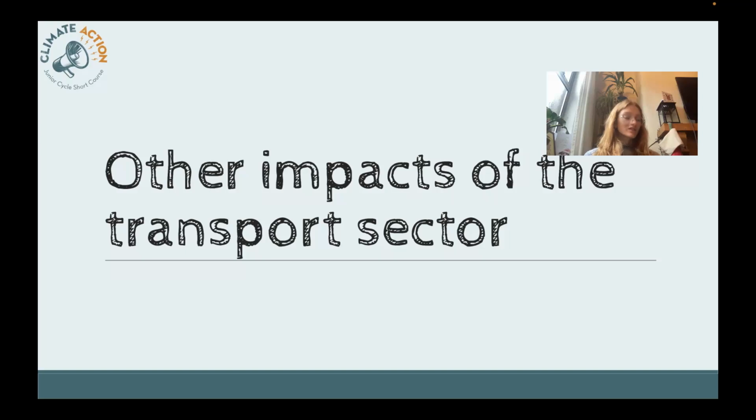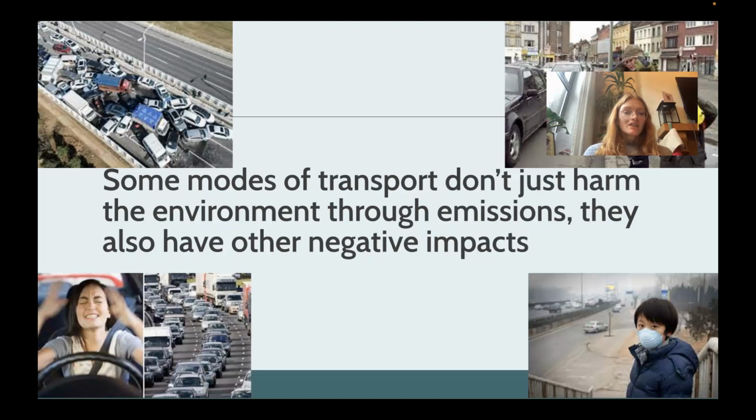So now we're moving on to other impacts of the transport sector. What we're looking at here is things like health and safety and use of space. Again, you can go through all of these impacts, or you could explore one or two, or you could just not use all the resources that we've offered and just dip into each one. It's totally up to you. So you're looking at,